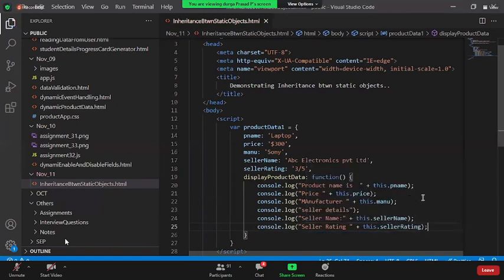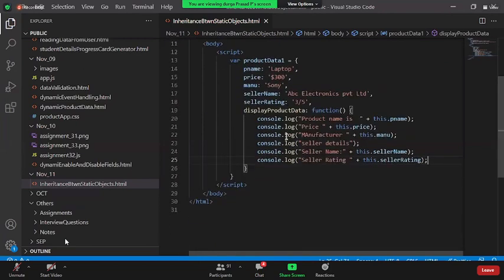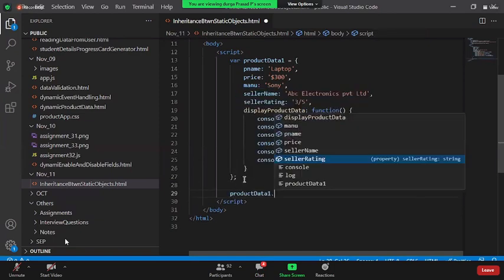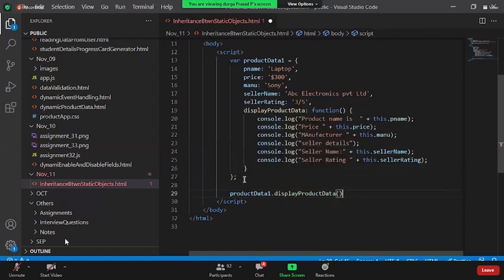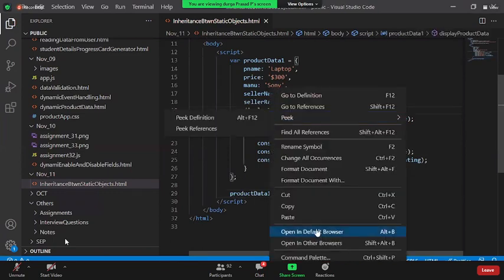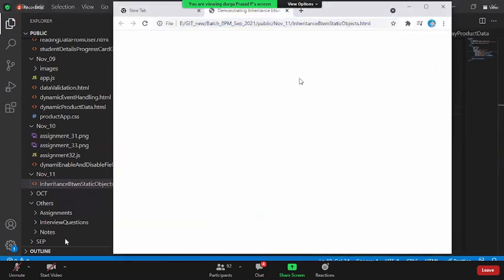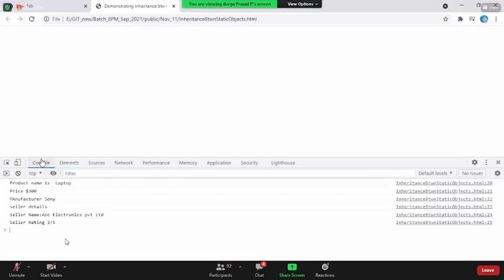Okay, this is what I have done. Now on the top, we simply say product data one dot display product data. Now, if you reload this, open it inside the browser, you should be able to see the data within the console.